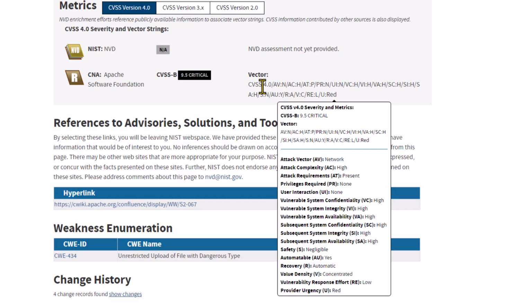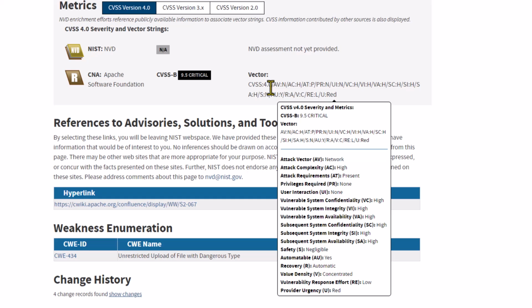If you're going to sit for the Security Plus exam, CySA Plus, PenTest Plus exam, CISSP, a number of other cybersecurity certifications, you've got to know these letters. You're going to actually see them show up on test questions. And so it's good to know what these mean. And then each of these letters, like AV, has different possibilities. So you've got to know what the various possibilities are.